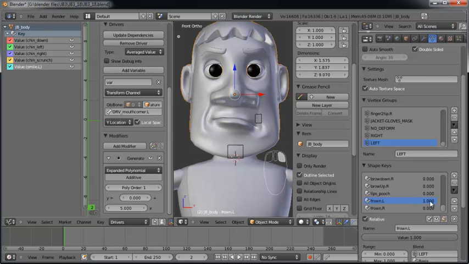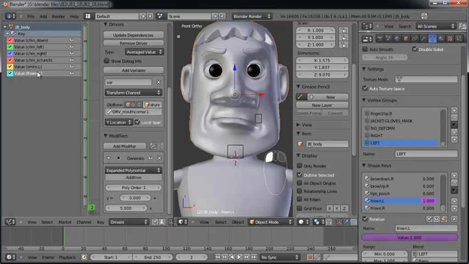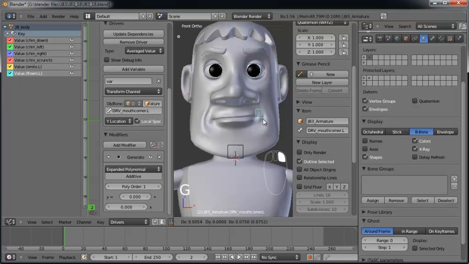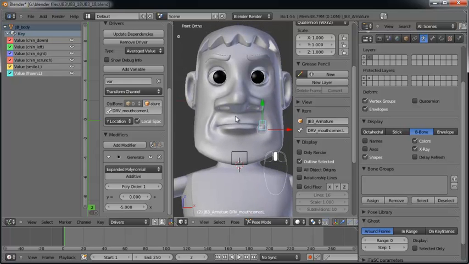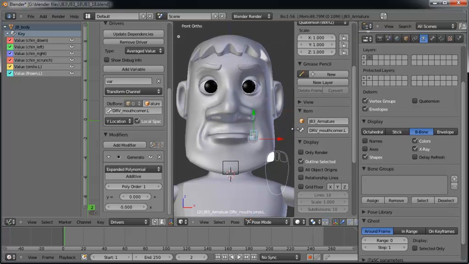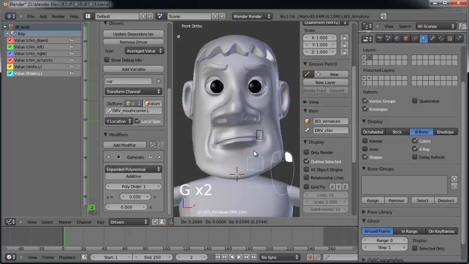And let's go ahead and copy the driver from the smile. Copy. Paste it. Come over here. And this needs to be a -5. There we go. Little frown, smile, smile. So it's a pretty ingenious way. I didn't come up with this, by the way. I'm not trying to brag about myself, but pretty ingenious way for controlling our